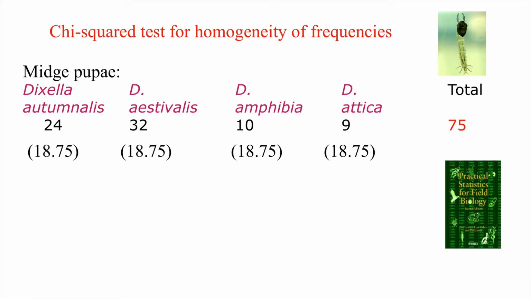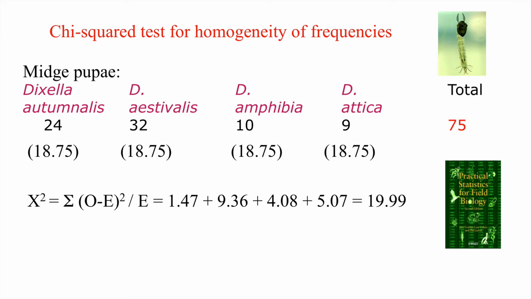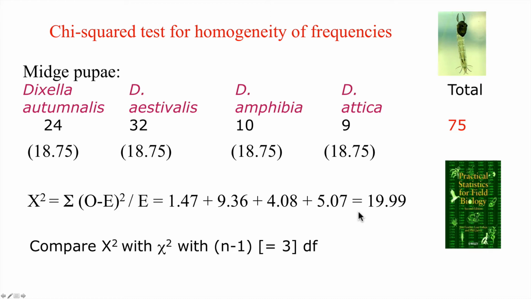How do we compute the test statistic which we compare with the chi-squared? Well, here it is. For each of the observations and expectations, we work out the difference between observed and expected, we square it, and divide by the expected, which is 18.75 in each case. When we sum for each of the 4 classes, then we get a value of 19.99, which we can then compare with a classical chi-squared distribution for the number of classes minus 1, which is